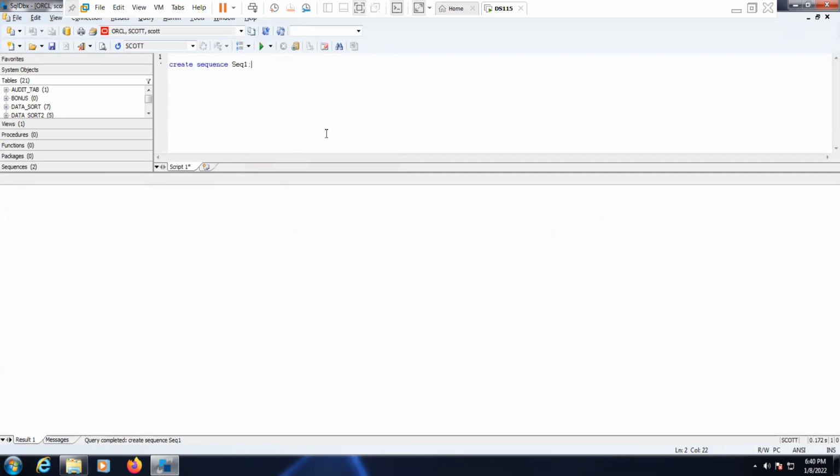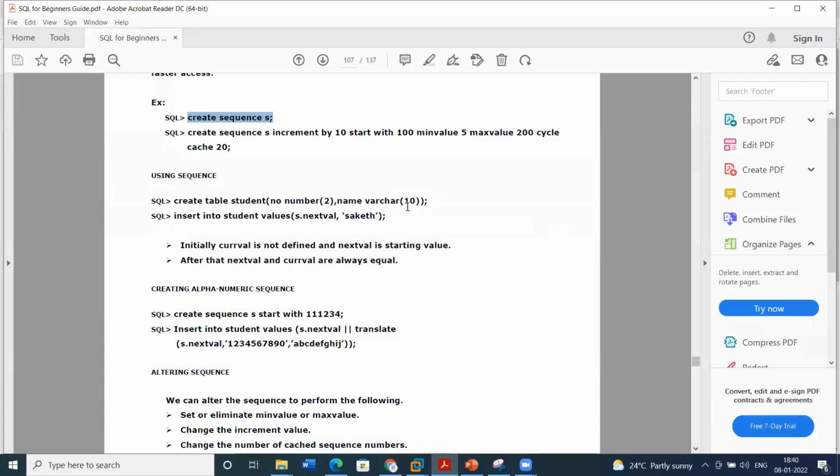Okay, so here SEQ1, and let's try to insert the data into the student table.